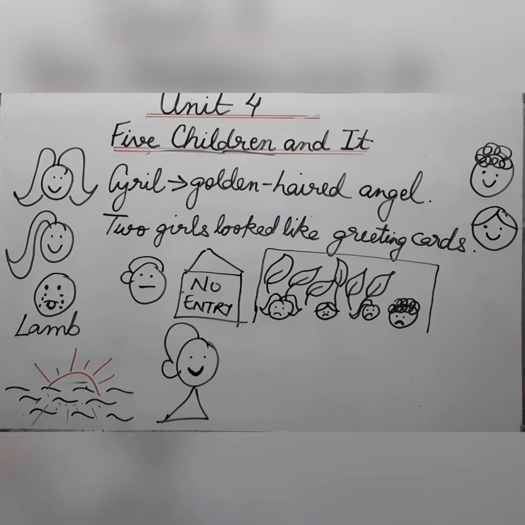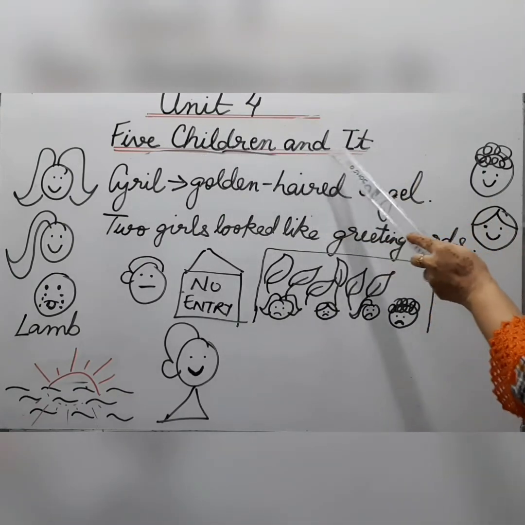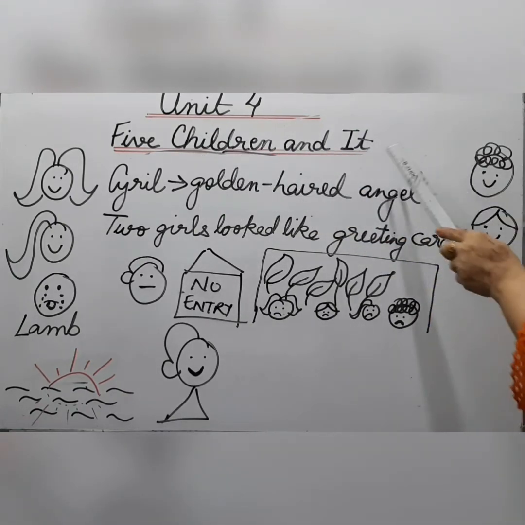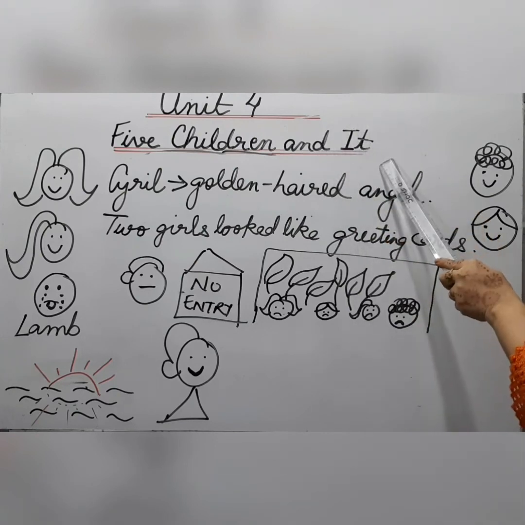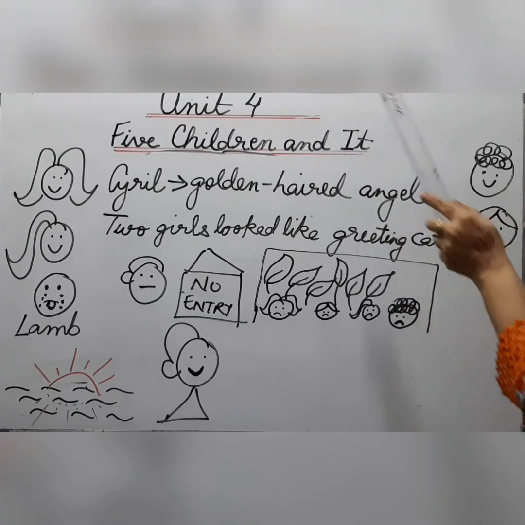How this wish put them into trouble, how they came back to the normal life, and how they became normal. So this is the story which we have read, Five Children and It. So it is the Psammead, the sand fairy. It granted these